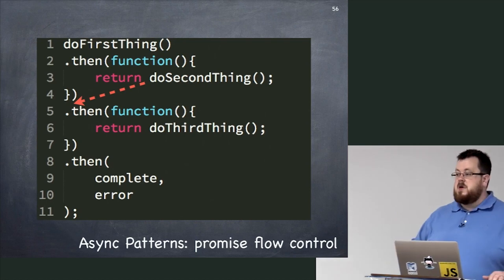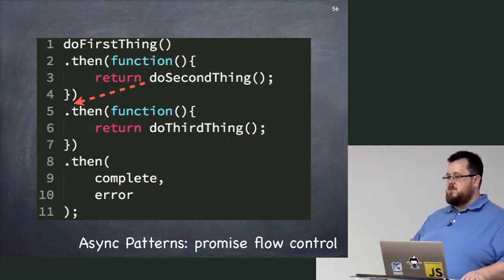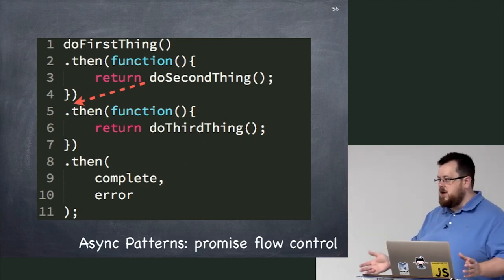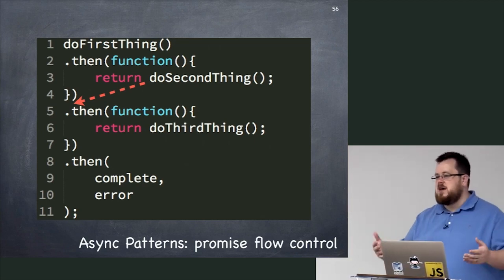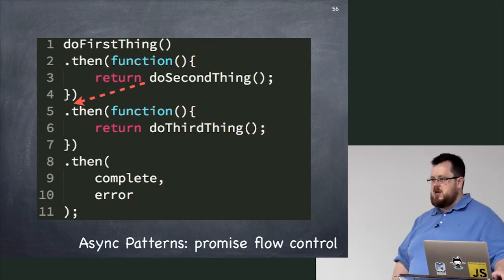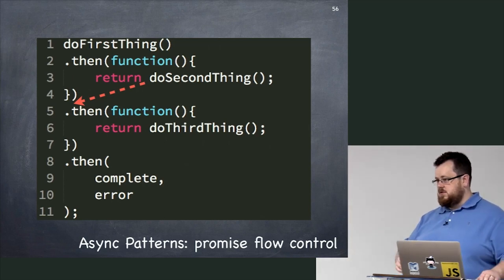Now, I'd be remiss if I didn't teach you how they work. So we are going to spend a little bit of time understanding promise chaining, but I just want you to know where it sits within the whole scope and scheme of what we're talking about. You're going to need to understand it because you're going to write a lot of framework code. There's a lot of angulars and reacts and all that are out there that are going to use promise chains. But I want you to remember in the back of your head why using those promises is so important. It really has nothing to do with the chaining stuff. Okay?